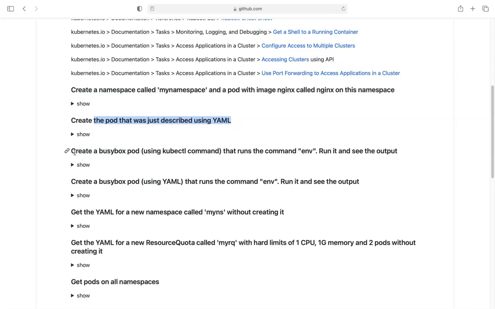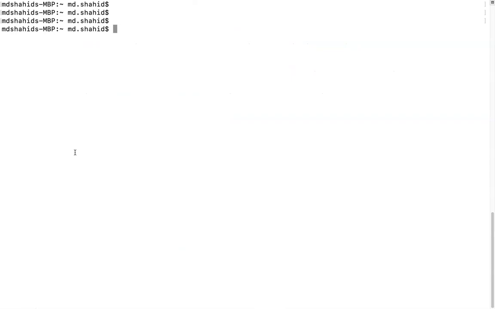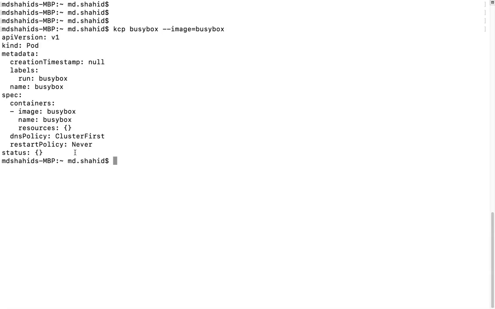Create a busybox pod using a kubectl command and run the command env, run it and see the output. Since it has not mentioned any namespace, we are assuming we can create the pod in the default namespace. So I'll make use of my KCP alias. I'll give the pod name as busybox and the image is busybox here. So let's see. Yeah, it has created this one, but